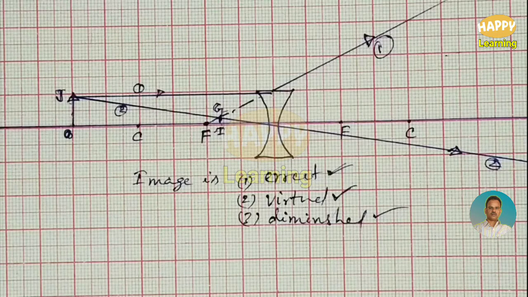So similarly, you can draw the diagram for object at C, object between F and C. For all the cases, you will get the same type of diagram. Each time you will find a very small image formed due to these dotted lines. So each time it will be erect, it will be virtual, and it will be diminished. Unlike convex lens, where we have 5-6 different cases, here in concave lens, we have only one case, and that is suitable for all the cases. Okay, right.